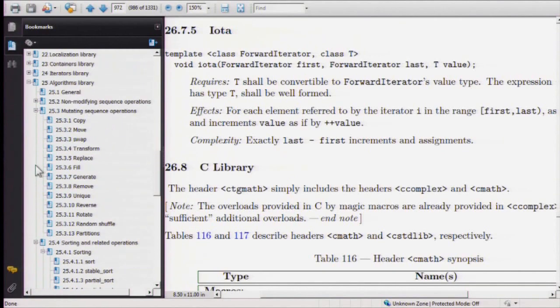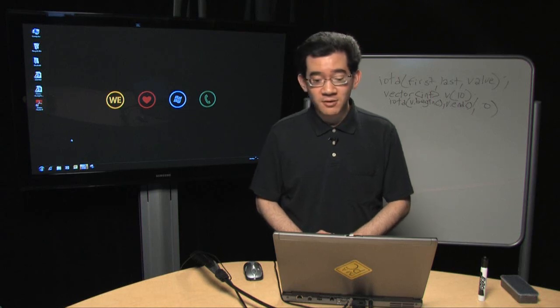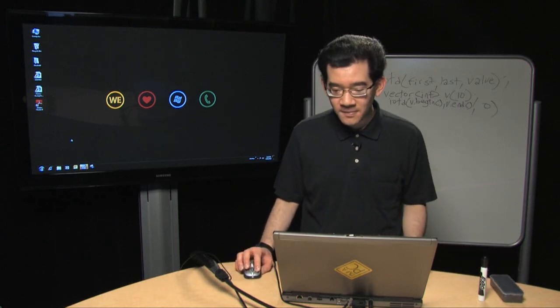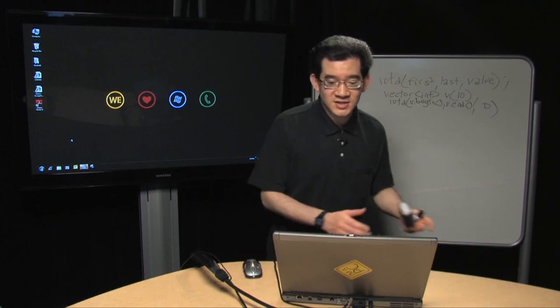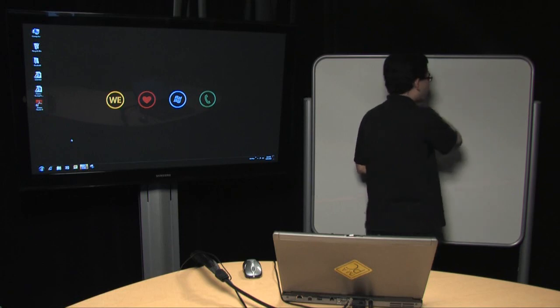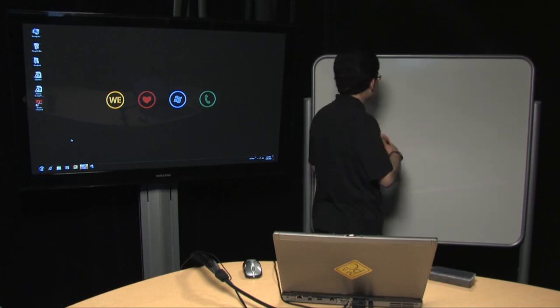So yeah, let's look at some other things. Transformation. Yes. So let's go back to some of the mutating sequence operations. We've seen copy, and I mentioned some of the other algorithms, but we didn't look at them in detail. Transform is a very useful one. So what transform does is it can either apply unary or binary operations. Unary just means takes one argument, binary means takes 2 arguments. So if I've got transform first last result op,